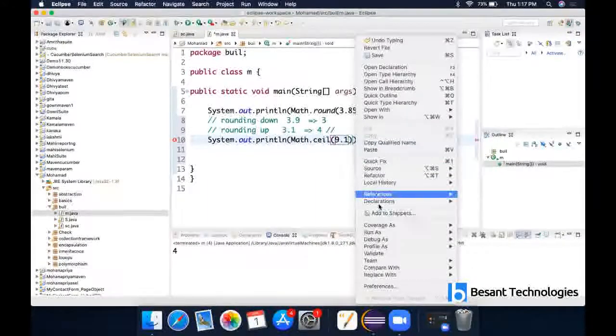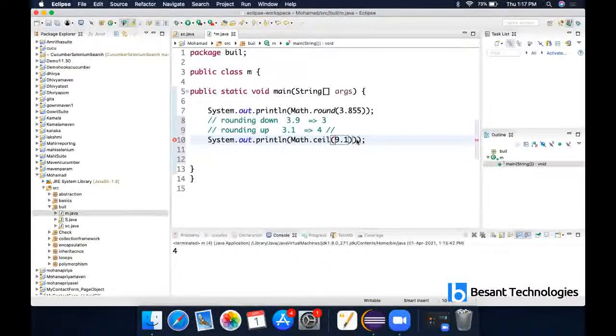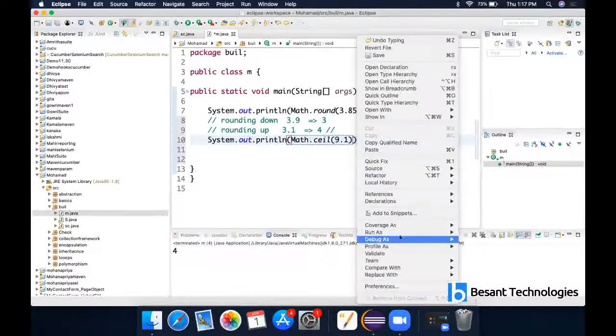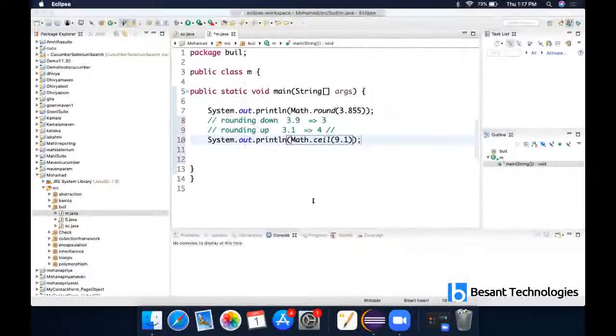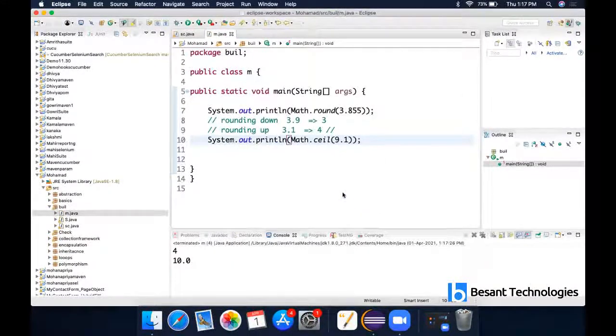It is rounding up the value. When I run this code, I'm getting 10.0.